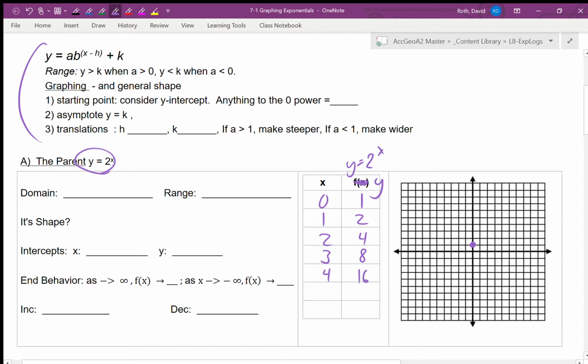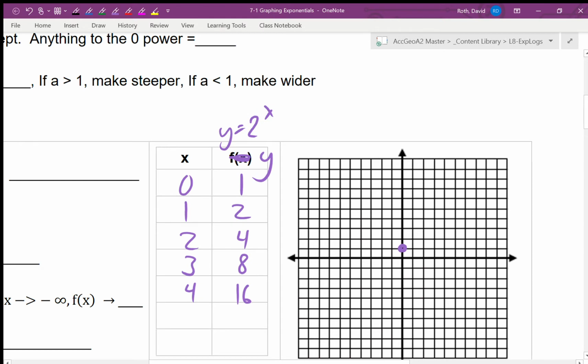And I'll go ahead and plot a couple of those points here. And (0, 1), and (1, 2), and (2, 4), and for 3, here's 5. (3, 8) goes to here, and then of course we're off the charts way up here somewhere. We've got that nice piece of the curve.